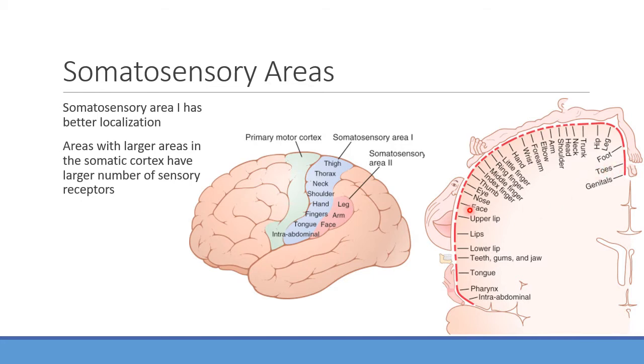And so you can see the more nerves that are associated with an area, the better degree of localization we can have, the better fine precision in knowing where these signals are actually coming from. Somewhere like the back, you're not going to have a whole lot of signals coming from there. So I can detect crude differences in where something might be affecting the back, but you're not going to have a high degree of localization. I'll show you in a picture in just a second how we can test for that.